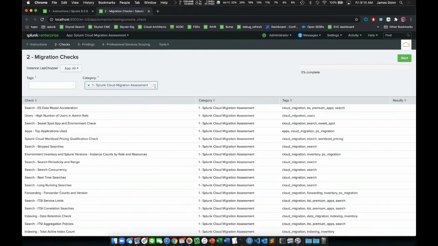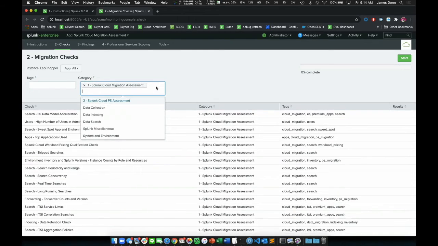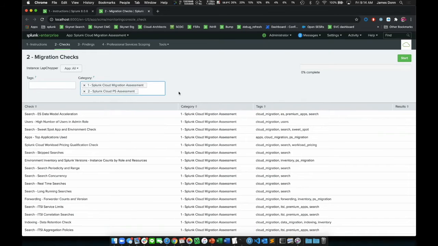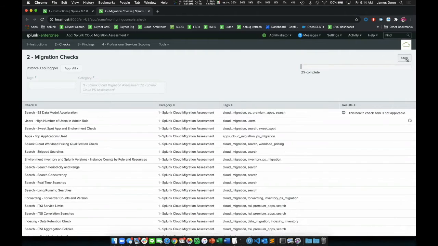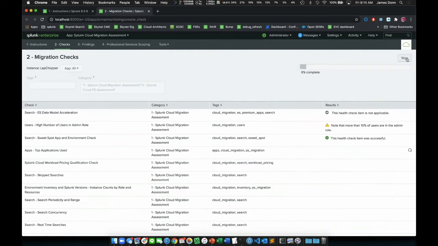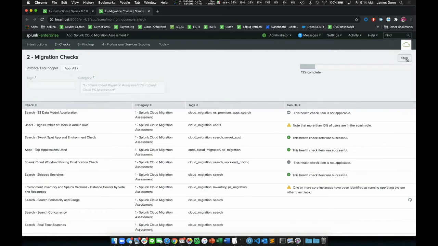The cloud migration assessment checks focus specifically on seeing if you are a fit for a Splunk Cloud migration, and the Splunk Cloud PS assessment checks are more involved PS checks that will look deeper into your environment to give us a better idea of what a PS engagement would look like if you want to move forward with the migration. You'll notice that I click Start over here in the upper right-hand corner, and the checks are now running